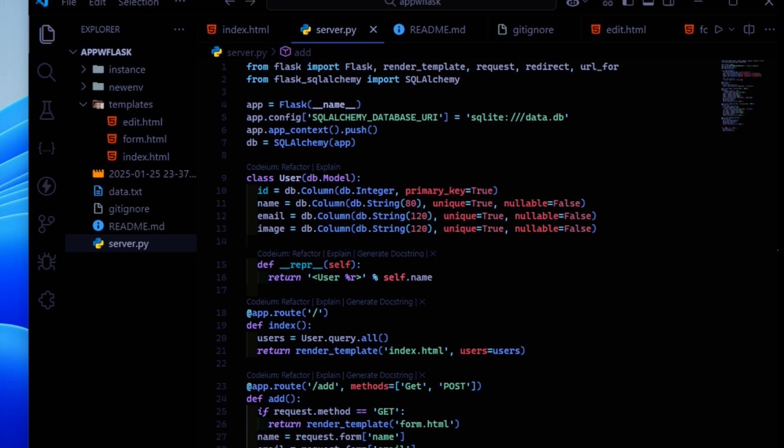create a virtual environment. The command for that, in that root directory, is python -m venv and the name of the virtual environment. In this case, you can just use .env as the name. Once you have created the virtual environment, you can activate it with this command: source .env